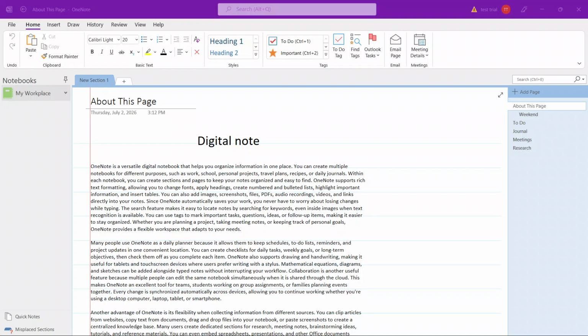In today's video, I'm going to teach you how to organize pages in OneNote. If your notes are starting to feel a little crowded or out of order, OneNote makes it very easy to rearrange your pages so everything stays neat and easy to find. This is especially helpful if you use OneNote for school, projects, or personal planning and want your notebook to follow